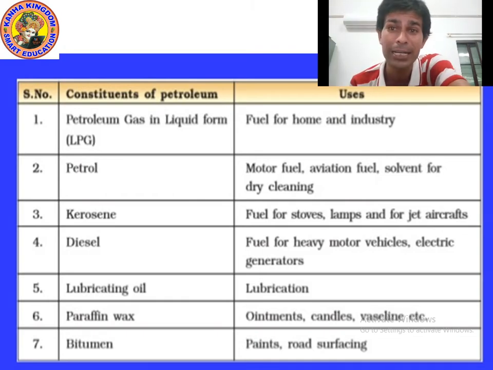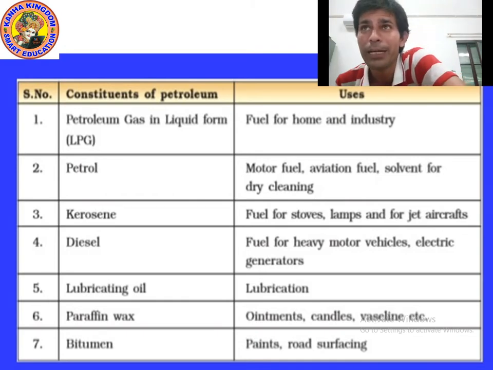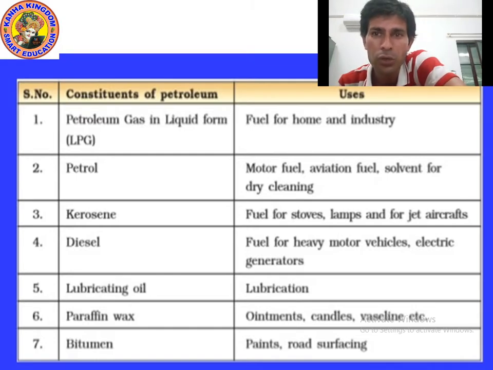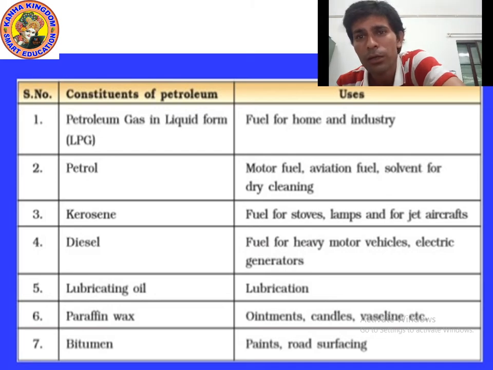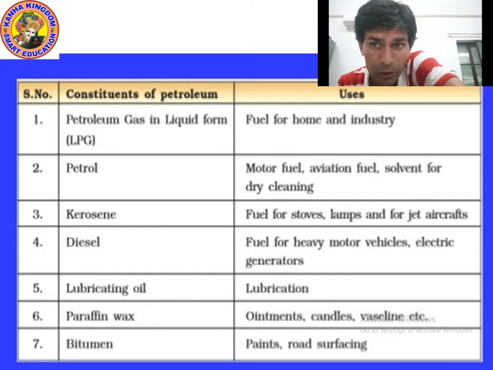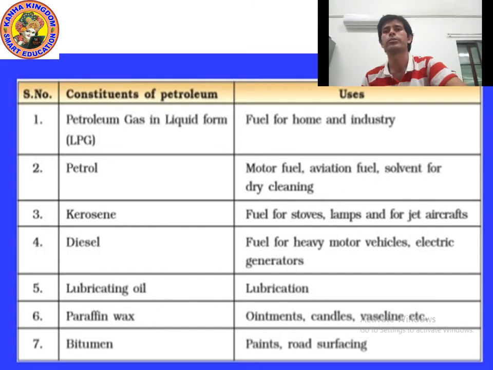Now let's see lubricating oil. Lubricating oil is used for lubrication, to decrease the friction. Do you remember you studied about friction? No, never? Then we will study it in a coming chapter. When two things are in contact with each other and try to oppose each other, that is when friction is generated. Friction is a force which slows down movement.